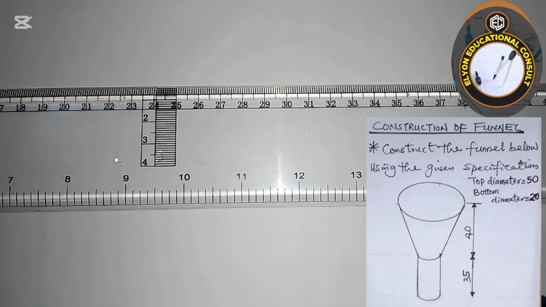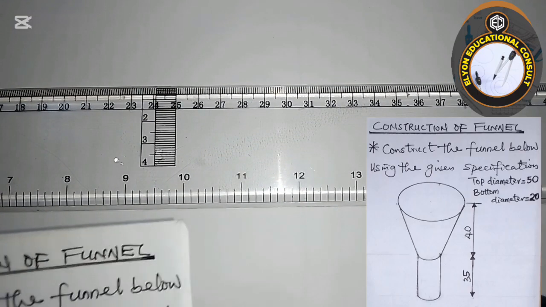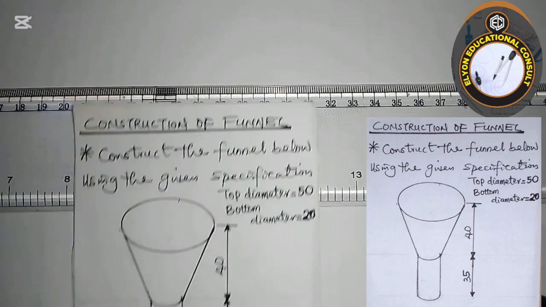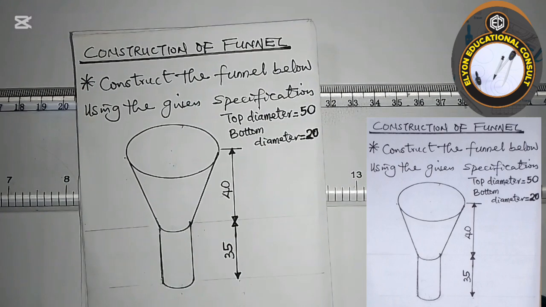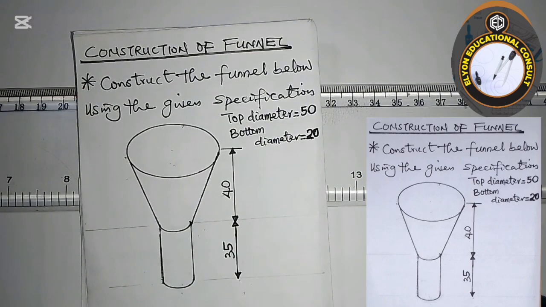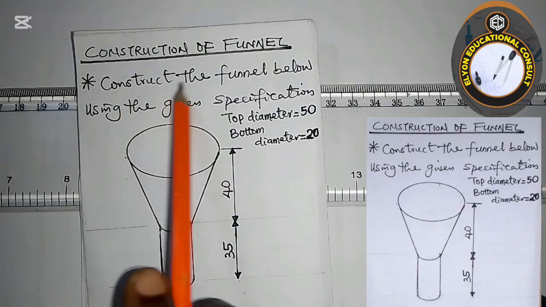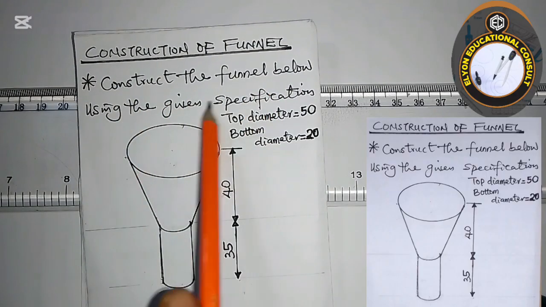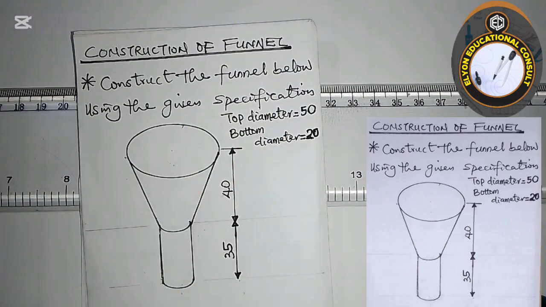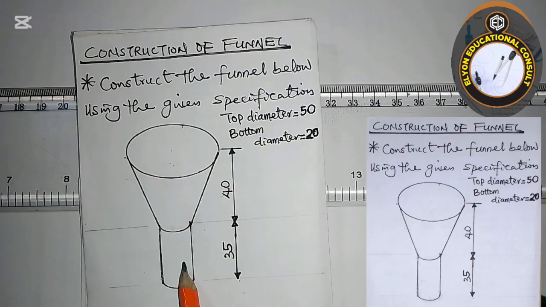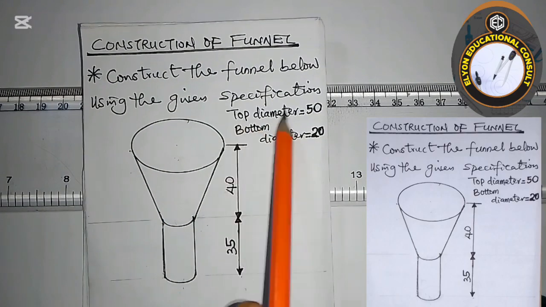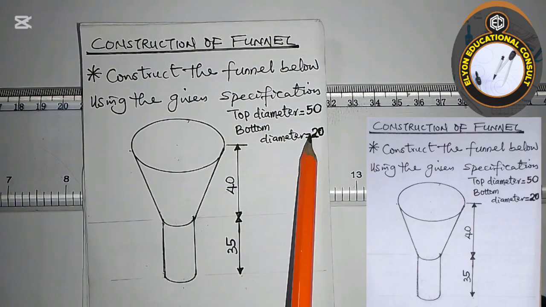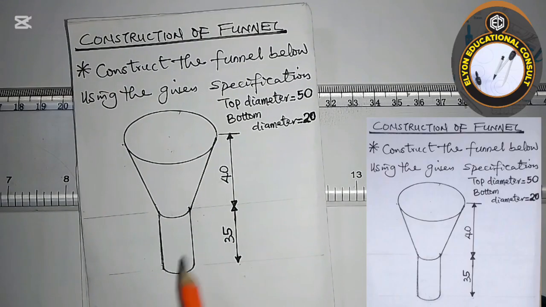In today's video I'm going to be teaching us how to construct a funnel. We have a question here and the question says we should construct the funnel below using the given specification. These are the specifications given and this is the funnel. The top diameter is 50, the bottom diameter here is 20, and we are given the height of the